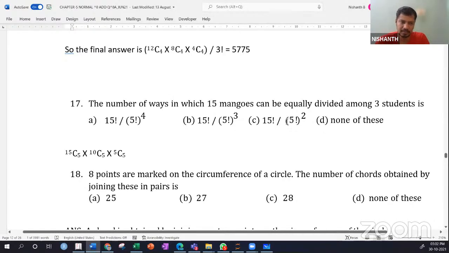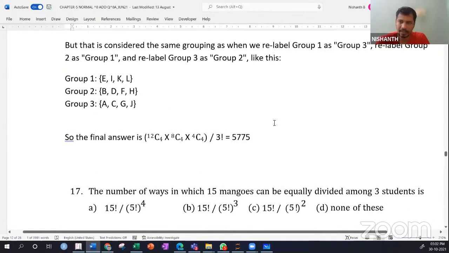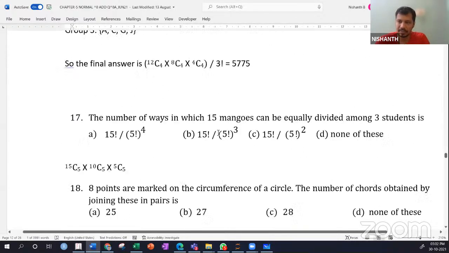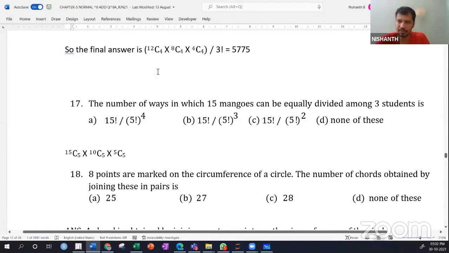So there are 2 characters here. One is mango, the other is student. Whereas in this case, it is only student. That's all. There is no other character. So there is this approach which we do here. Here it's straightforward: 15 C5 into 10 C5 into 5 C5. But here